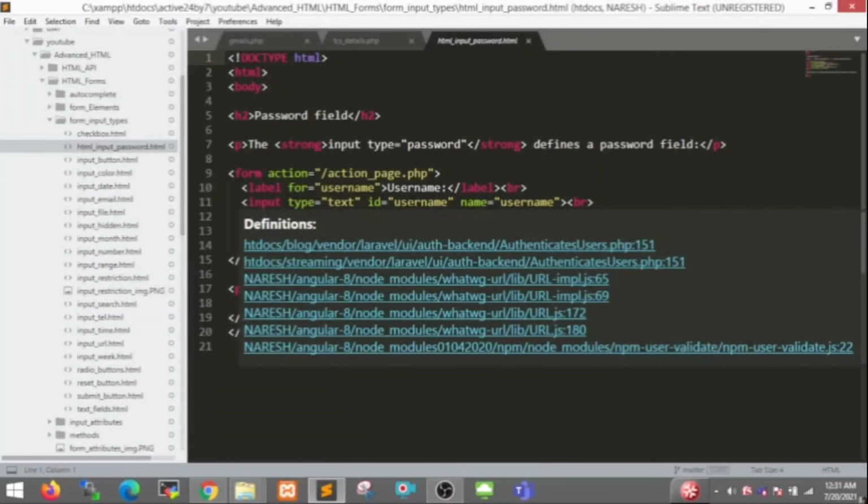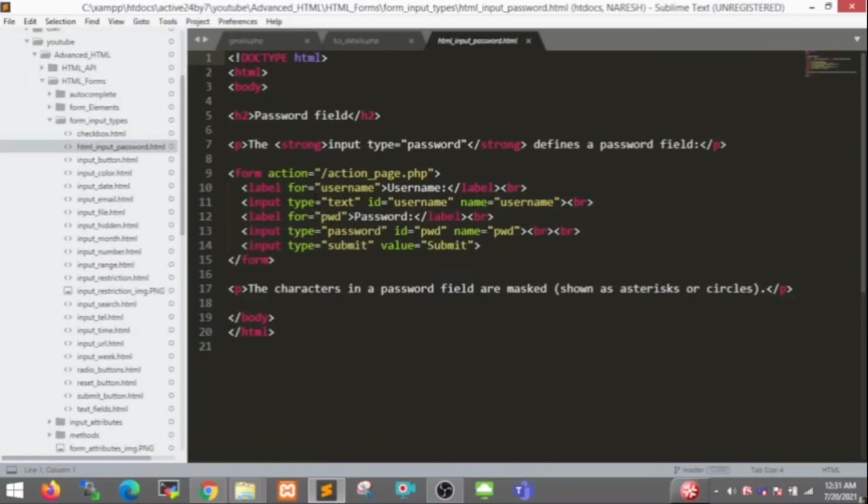The first input is for username, and its input type is text, and another input for password, input type equal to password, then id password and name password, and a final submit button. The characters in a password field are masked, shown as asterisk or circle symbols, star symbols, in our input.